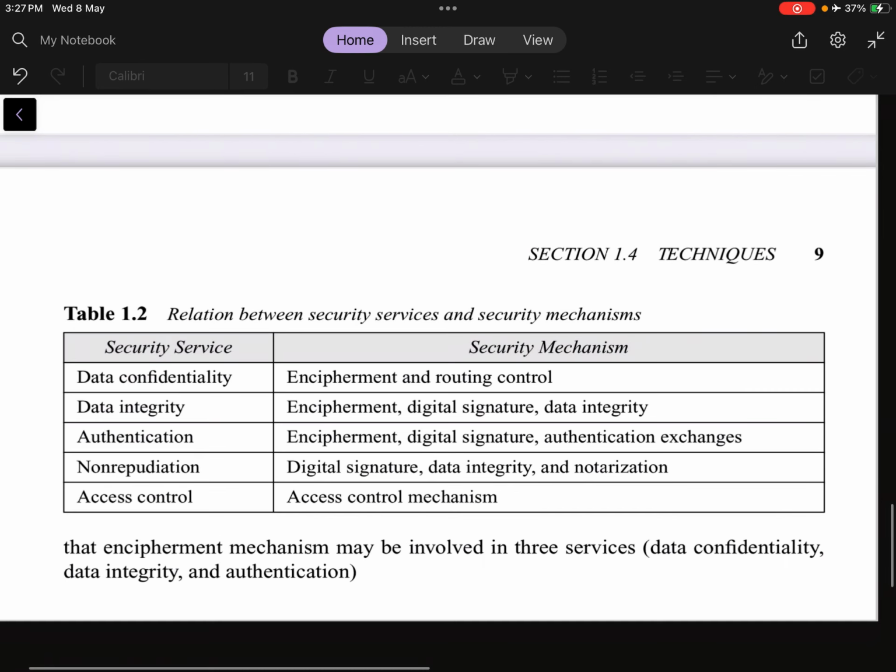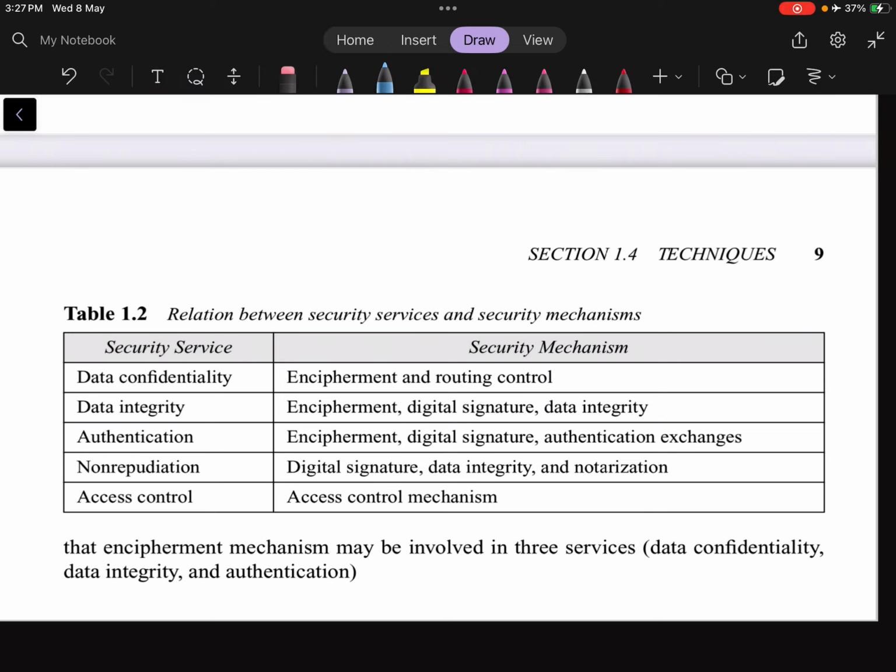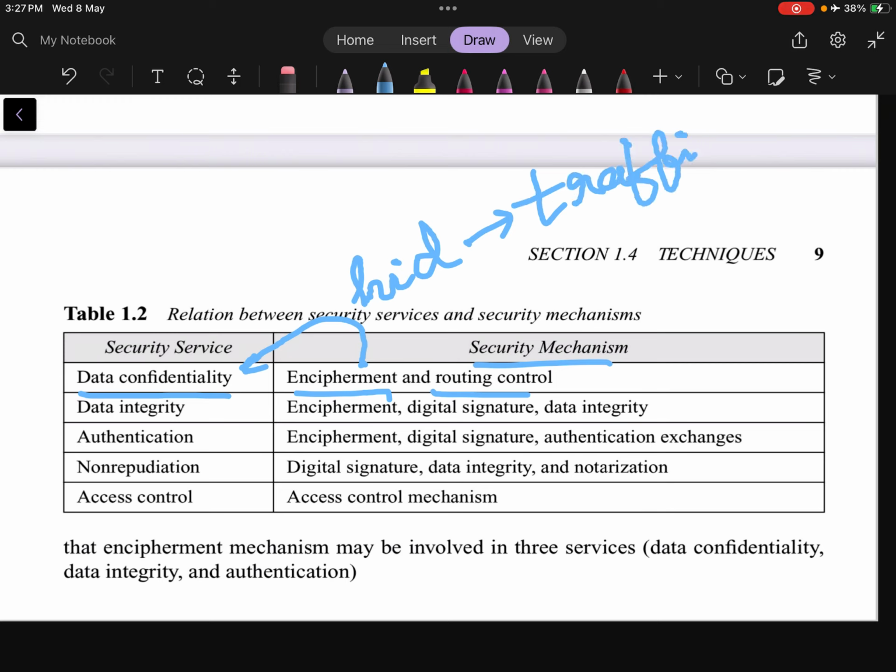the following relationships. The encipherment mechanism may be involved in three services: data confidentiality, data integrity and authentication. So here we see that data confidentiality is a security service. For that, encipherment and routing control are used. Why are they used? Simple. Encipherment, we already know that we have to hide the data. Why do we have to hide the data? To prevent traffic analysis, which is an attack on data confidentiality, and routing control again to